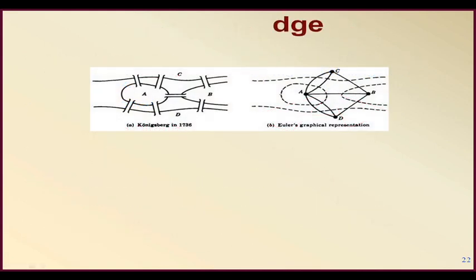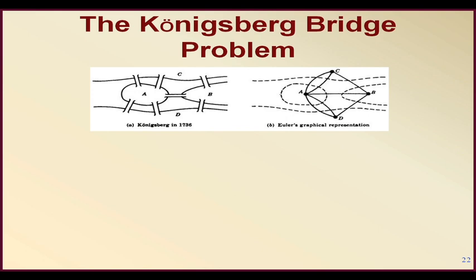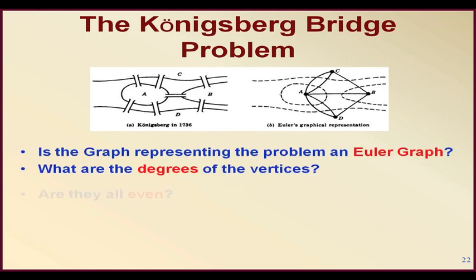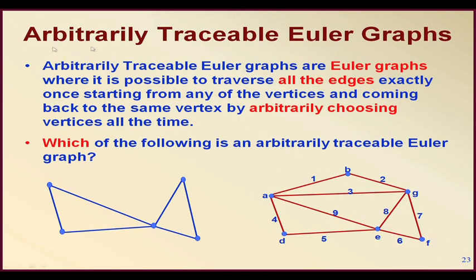A related concept, let me quickly show and then we will come back here, is called an arbitrarily traceable Euler graph. So, this is also an Euler graph. The only difference is that at every vertex you reach, you have the choice to choose any of the paths that you like,